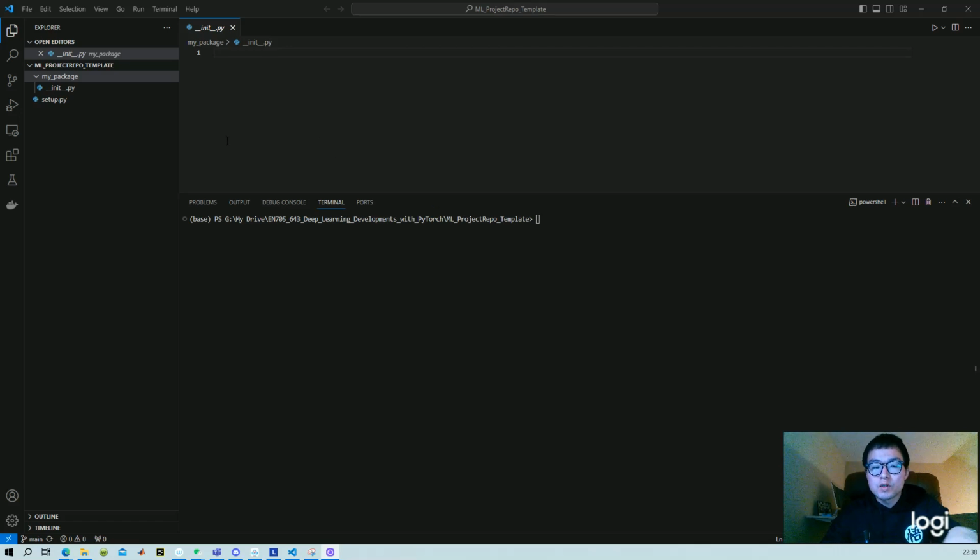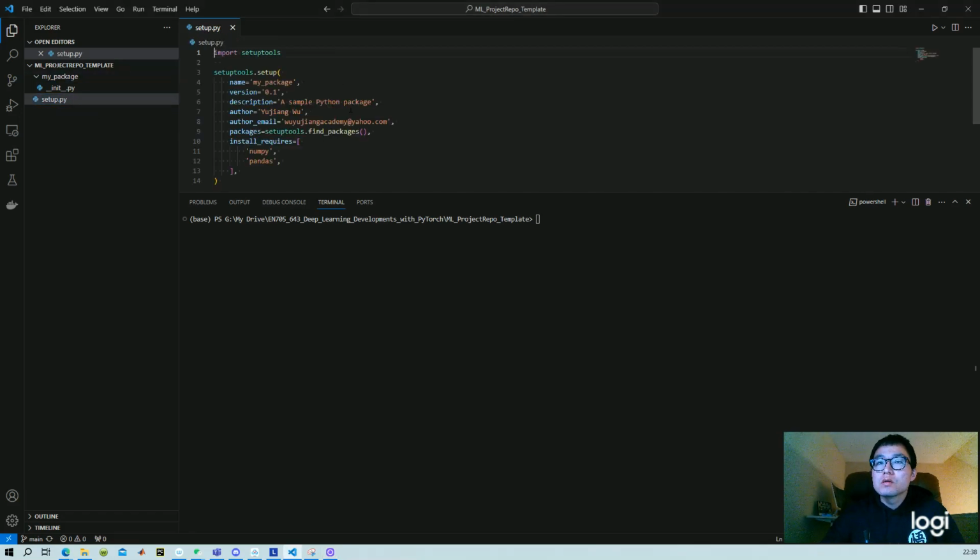Okay, today I just want to have a quick video showing some of the common errors when you use the setup tool to package your package. So this is actually the correct version, where essentially I have my package at the top level, and then I have my setup.py here, where I could point